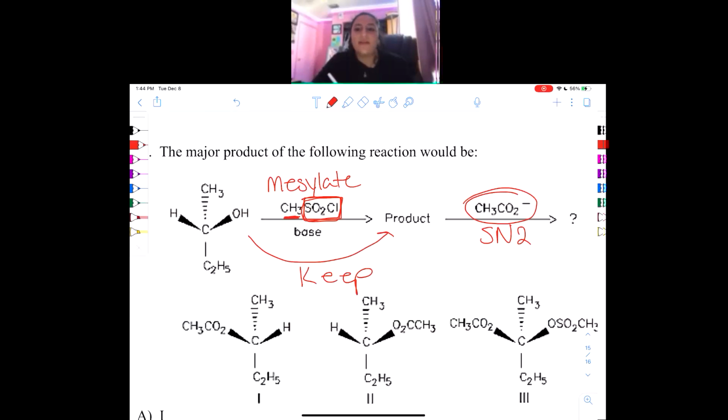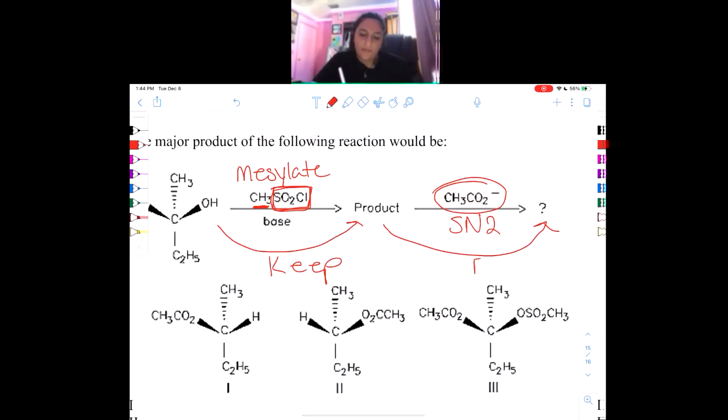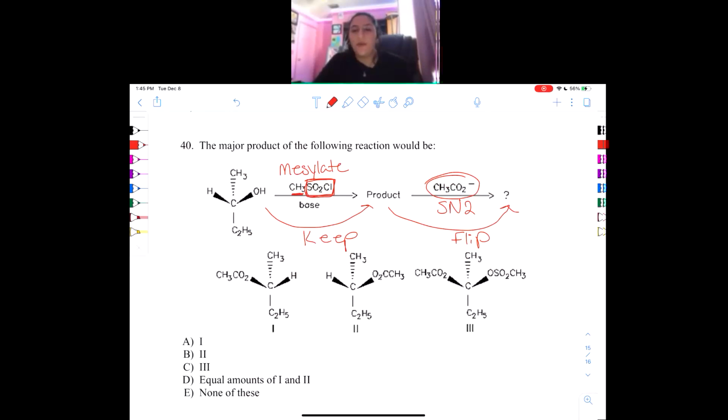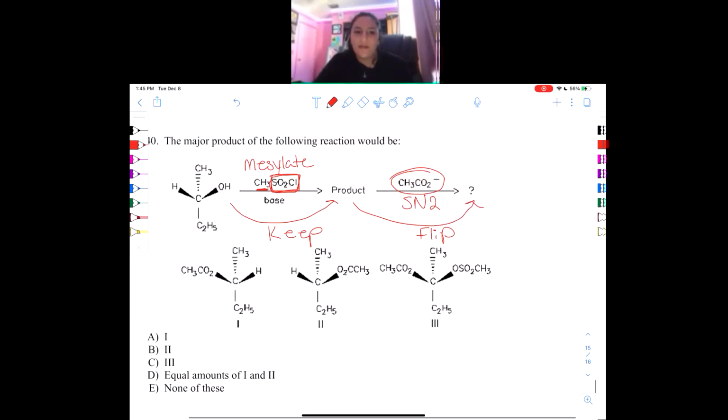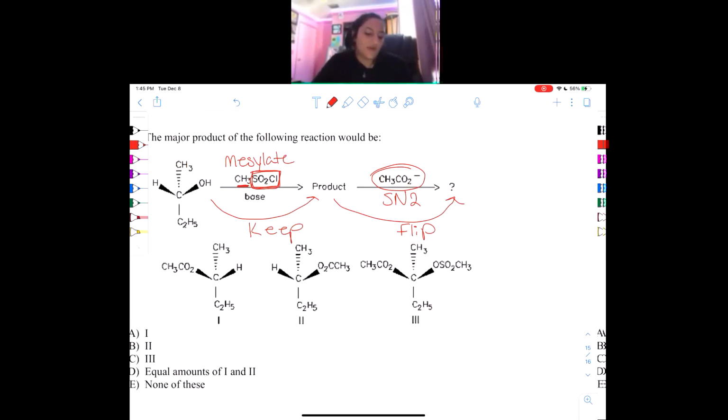SN2? Right? So in an SN2, it's one step. So do we keep the stereochemistry or do we flip it? Flip, exactly. All right. So if we keep it the same and then we flip it, overall we have a flip in stereochemistry,